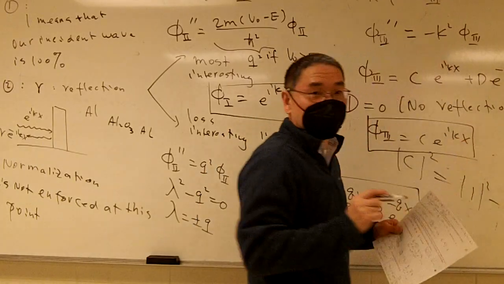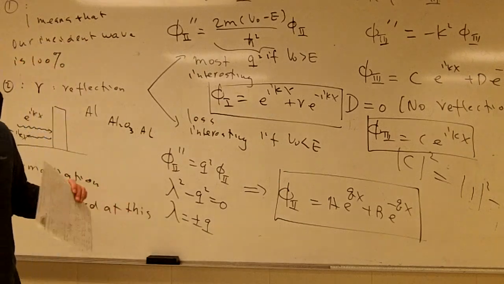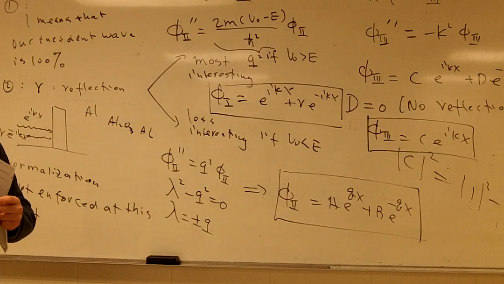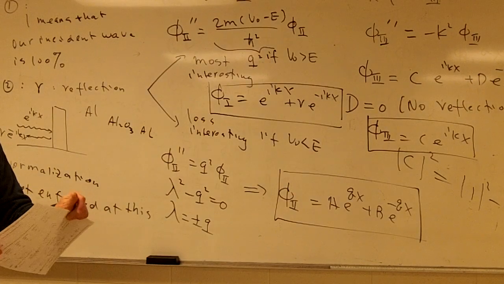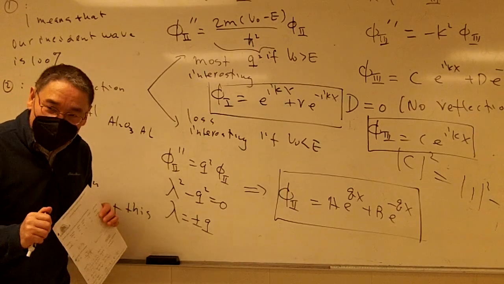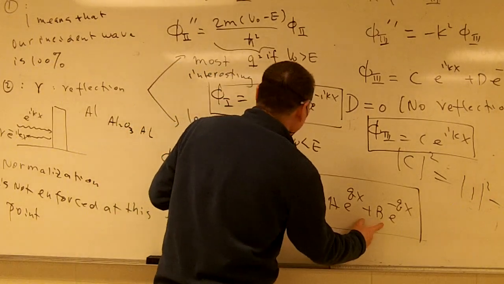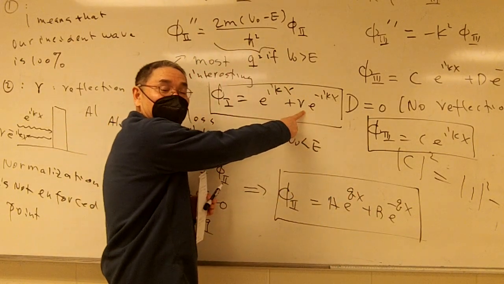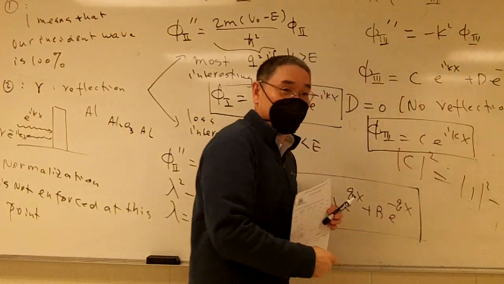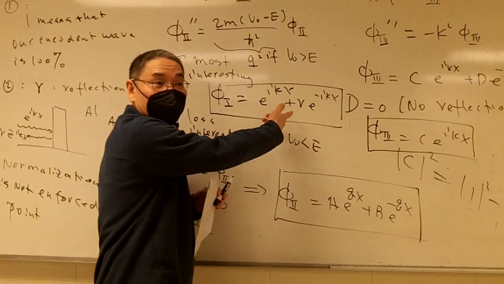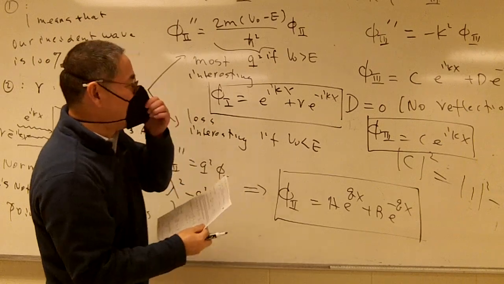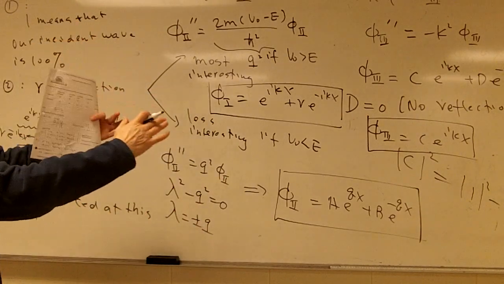Dr. John, for region 1 and 3, I know that the coefficients are directly related because it's the intensity and the reflection. But for region 2, do the coefficients relate to those ideas also? Exactly, A and B are going to relate to R. Yes, they do. In fact, in the end, you will notice that C itself is also related to whatever came before. And this relation is through the boundary condition, which I will now start to explain to you.